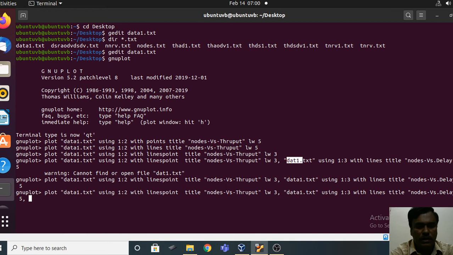For that, if you are plotting two or more graphs in one graph itself, then you are supposed to use this plot only once, and you have to separate the commands for the different plots with commas. That is what you have to take care of.